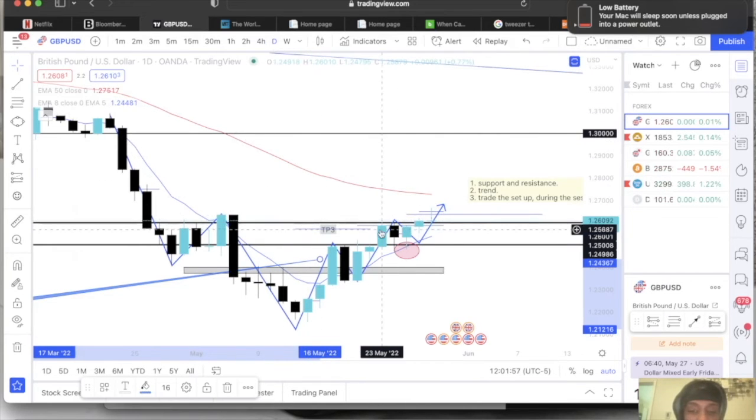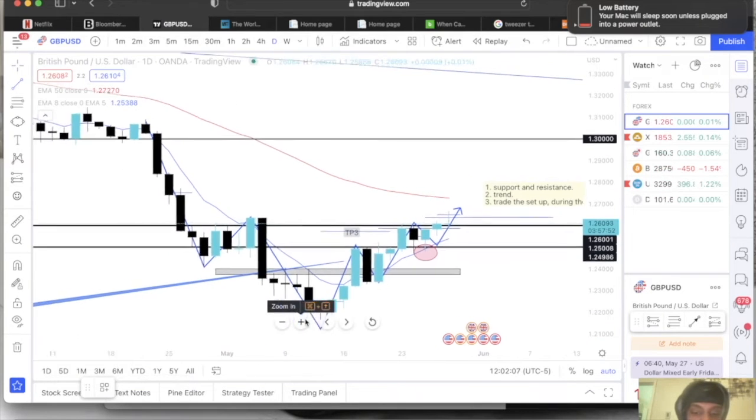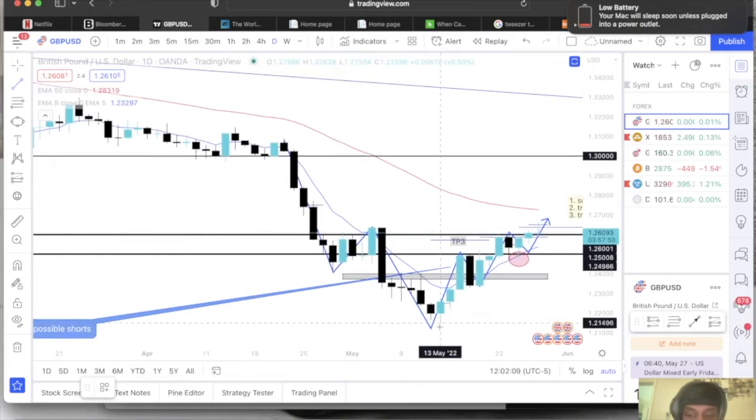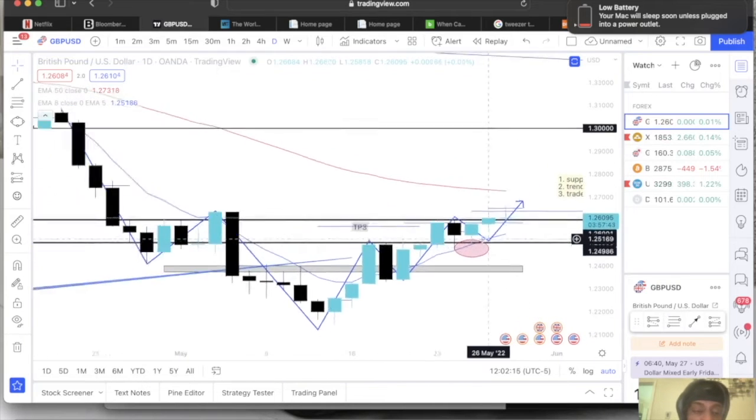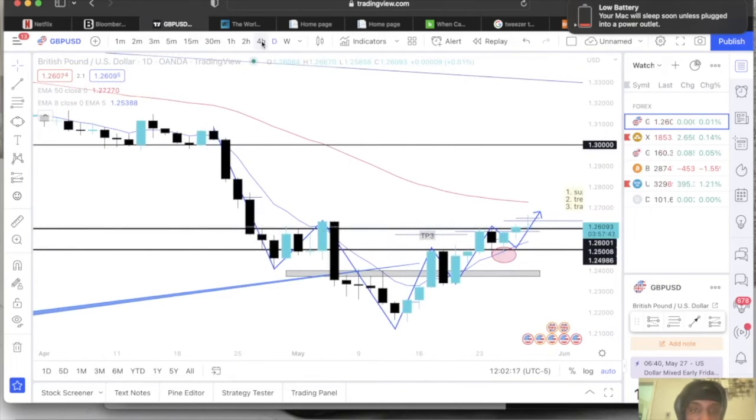But I was looking pretty bullish on the markets last night, because I just showed you it was making higher highs, higher lows, and higher highs. And if I draw my trend line, it also correlates with the trend line. The trend is your friend. You're only looking to get in on trades